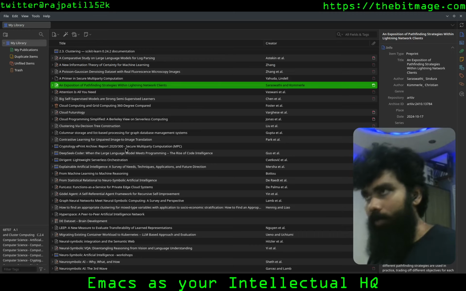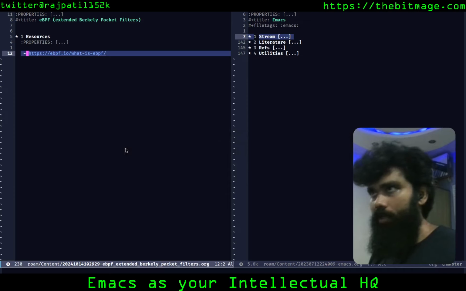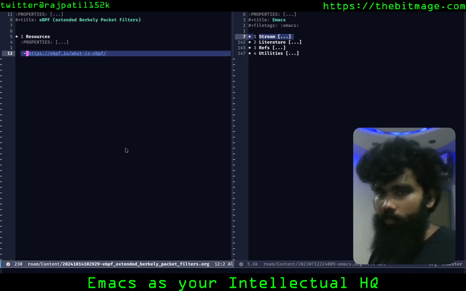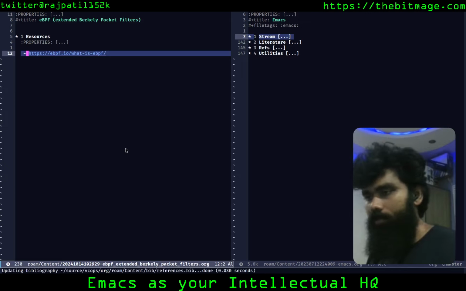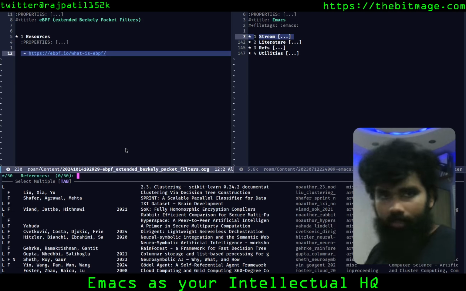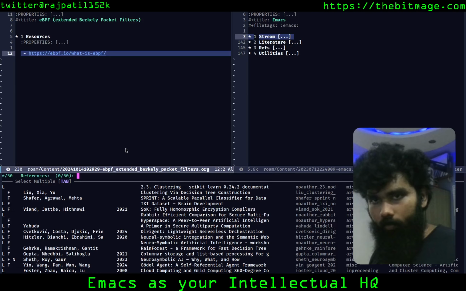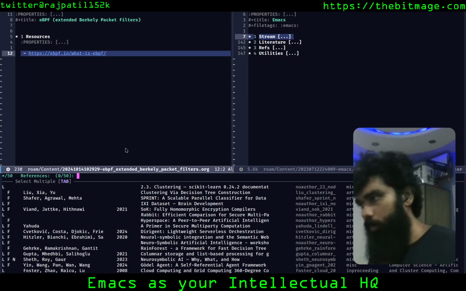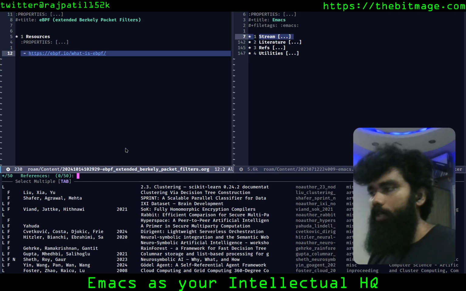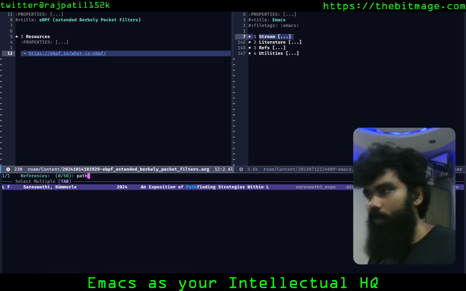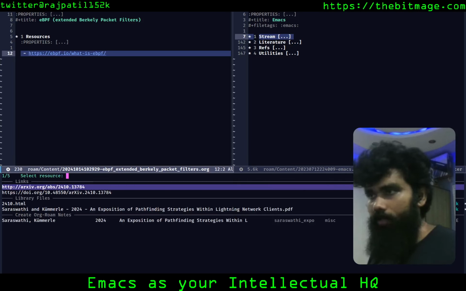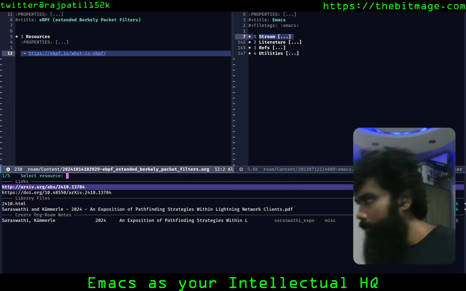So now if I go back to Emacs and I hit space C O, I'm listing out the shortcuts I'm getting into, space C and capital O, and I get a list of all of my Zotero entries that I want to get into. What we are looking at is pathfinding strategies. This is a fuzzy finder. So you could hit enter and actually see what all resources are available there. It opened up a bunch of things for me.